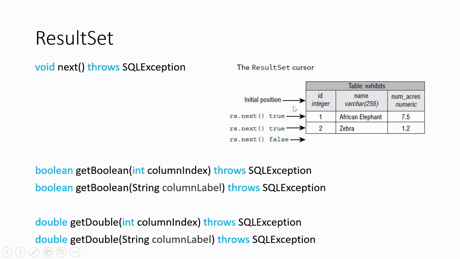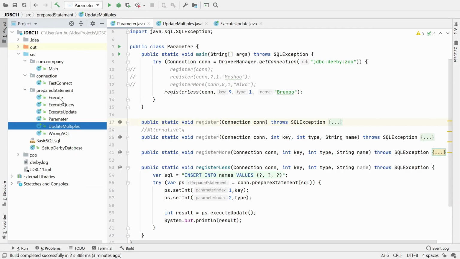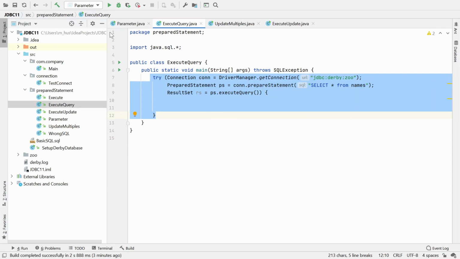Result set, when we call the next method, it brings the cursor down and checks whether there is any row at the cursor level. If there is, it returns true, and if not, it returns false. So this method is very important for iteration. Now I would like to go to the execute query class,